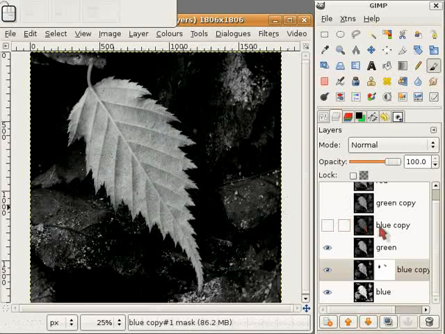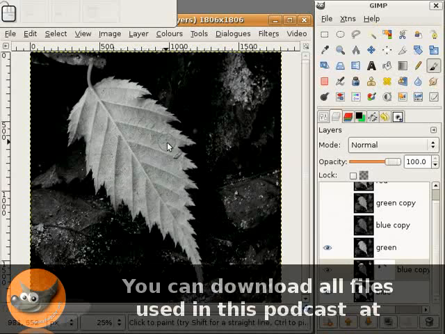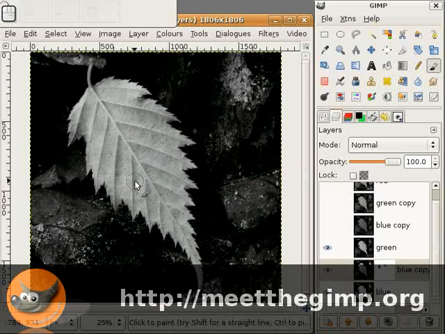Don't forget to make a copy before that. And if you have an image with different parts which you want to treat in different ways, just make different copies and mask them out with layer masks. This way you can make a very flexible conversion to monochrome, way more flexible than with the channel mixer,